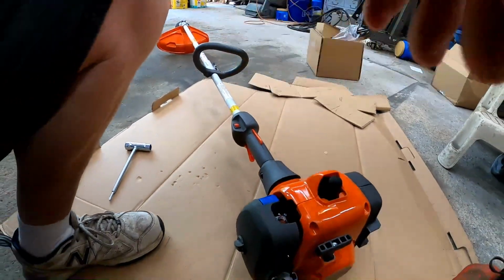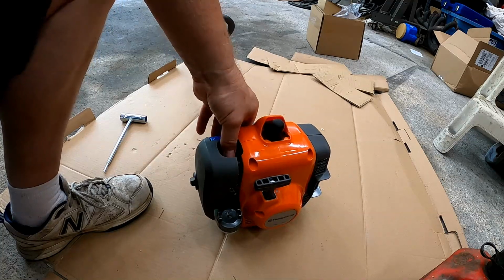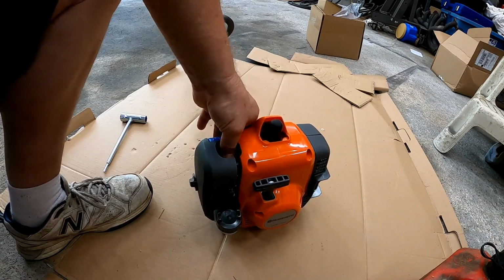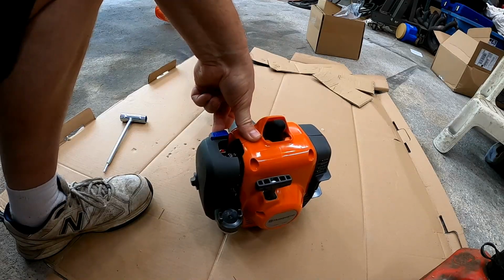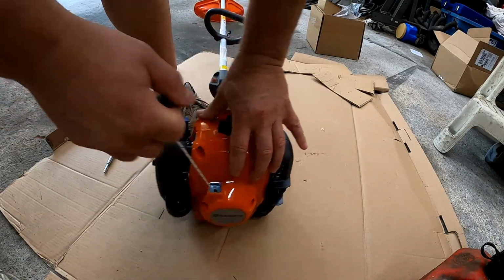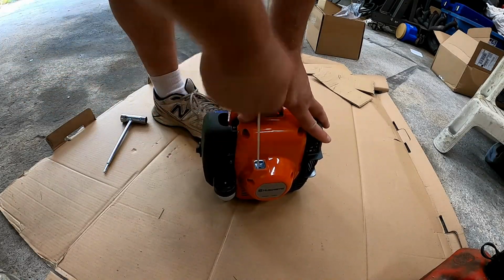Alright, to start this, according to Husqvarna, we got to press the primer bulb 10 times. And it does have fuel going through it. Got to turn the choke on. Pull it a couple of times till it tries to start. Turn the choke back off. And then